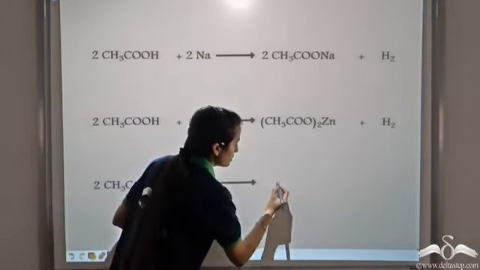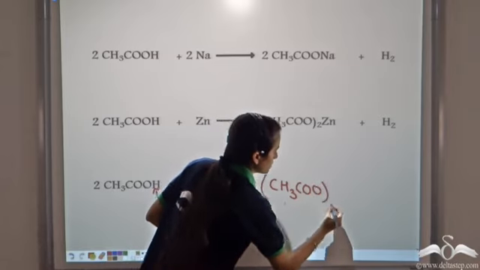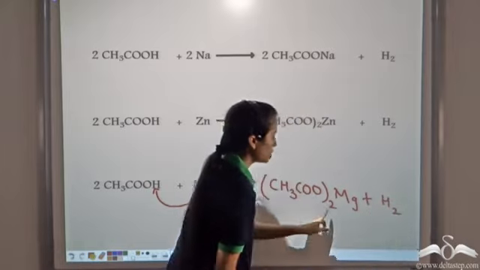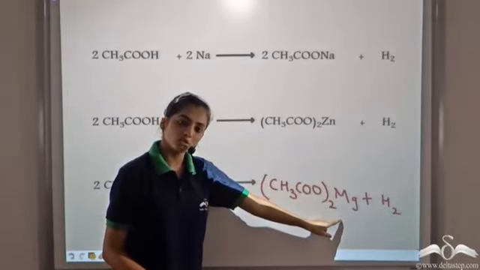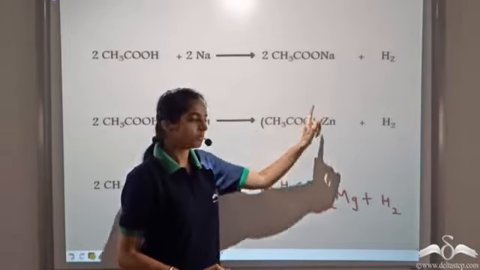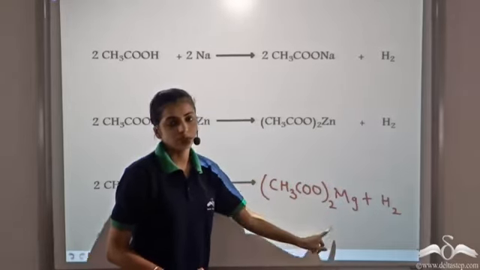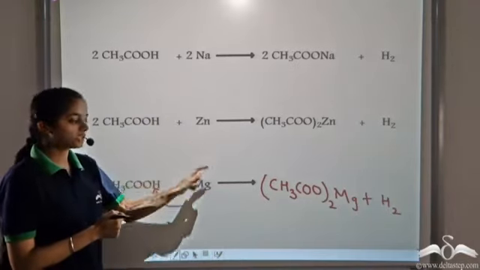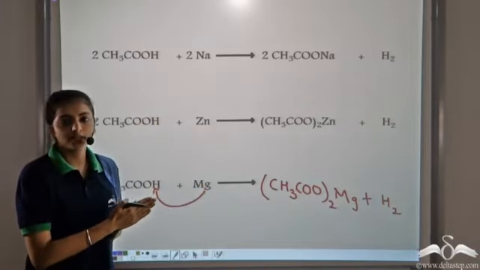So in this case, and hydrogen gas is released. We get the subscript 2. This is because the valency of zinc and magnesium is 2, whereas the valency of sodium is 1. So in this case, the 1 is ignored, but in case of zinc and magnesium, since the valency is 2, we get 2 as the subscript. So if we make the carboxylic acids react with the active metals, all the active metals, they replace the hydrogen atom, they take up their place, and so the hydrogen gas is evolved.